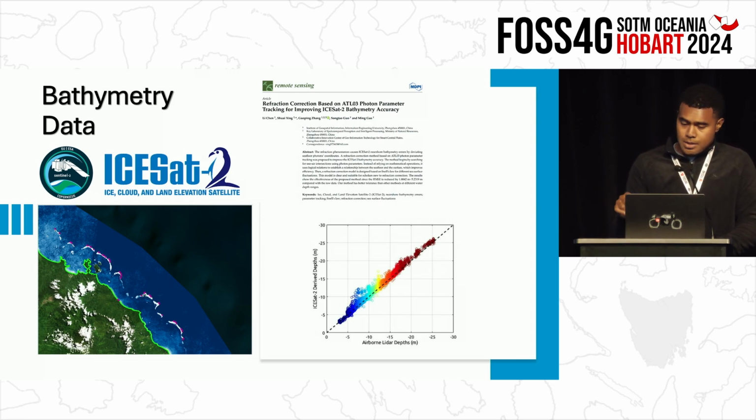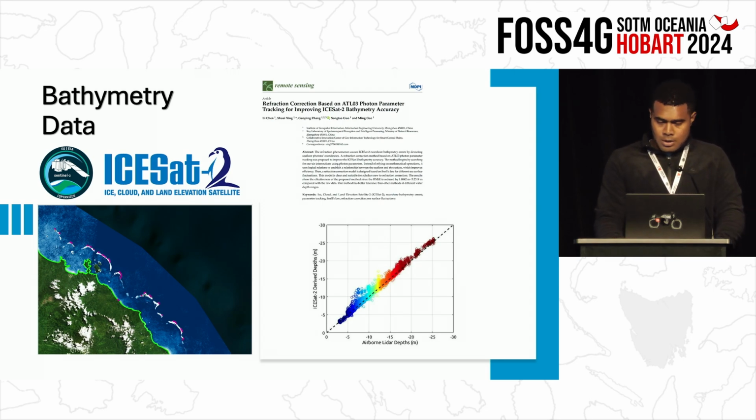Once the laser penetrates the water, we use the refraction correction method to correct the laser. As you can see, the graph on the side was done in Python. You can see it is a more accurate and more reliable output for us to use